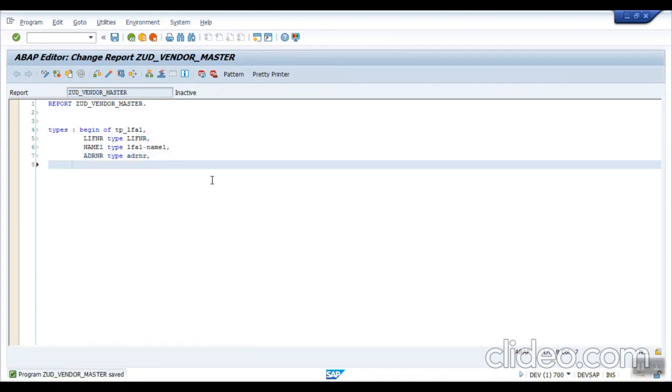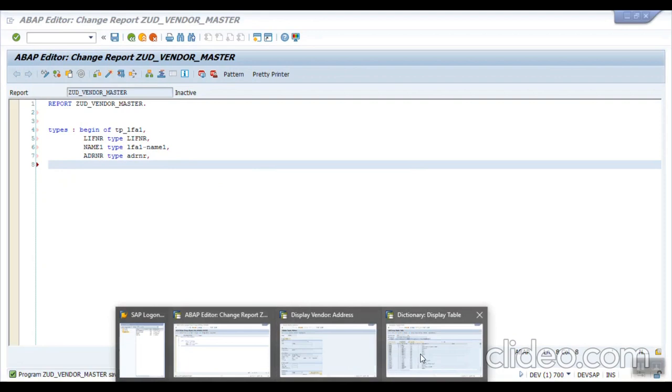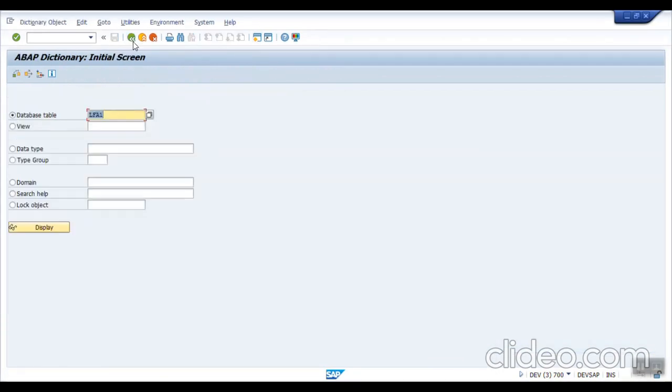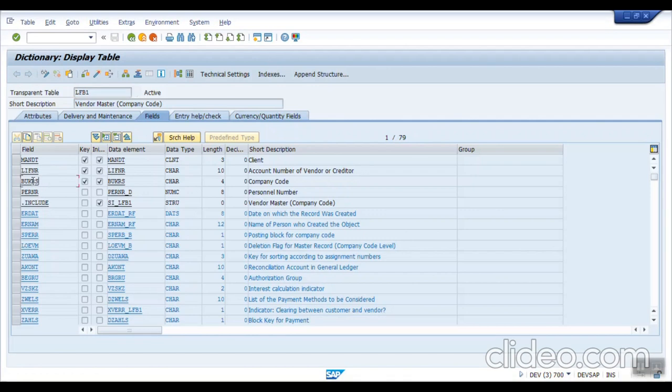But I want to make a join on the company code data. That's why I am using one more table that is called LFB1. When we create the vendor, we can also maintain data on the basis of company code. The company code field is throughout the SAP system. It is known as BUKRS.